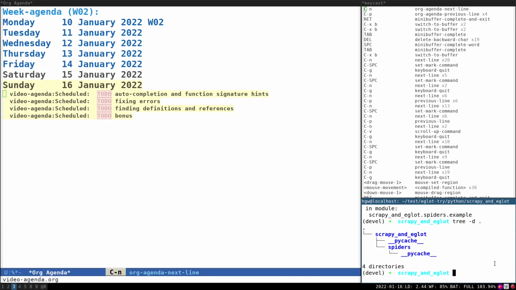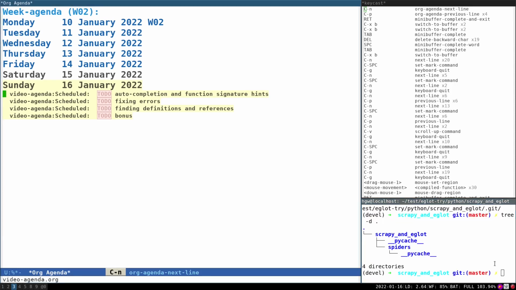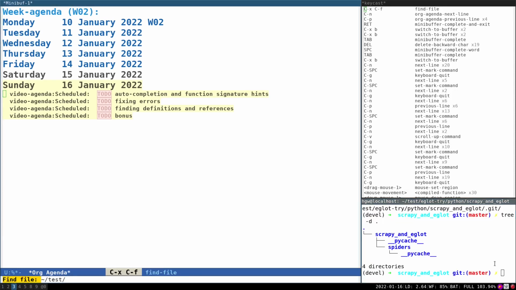The easiest way is to initialize it as a Git repo, like this. Now open the spider file in Emacs.